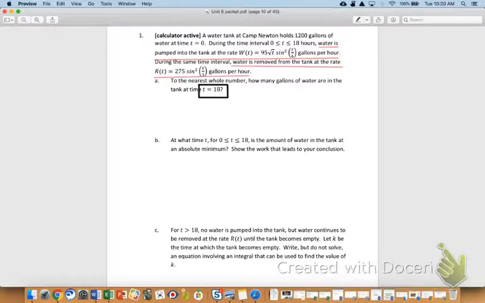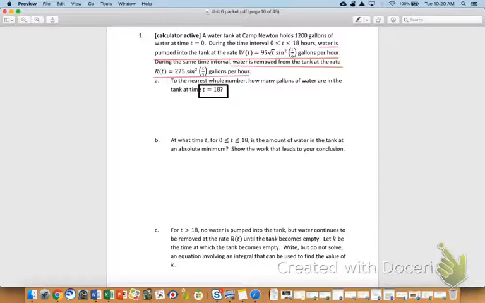So guys, listen. They are asking us for an amount, but they gave us a bunch of rates. What do we need to use? The definite integral, and I would say specifically, the net change theorem will be key here. But the definite integral and the whole fundamental theorem of calculus is huge. So if I am going to do an integral, what am I going to do an integral of? Like, what's going to be my integrand? Any ideas?